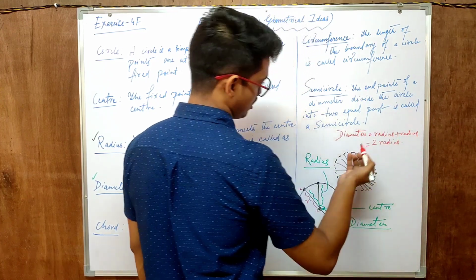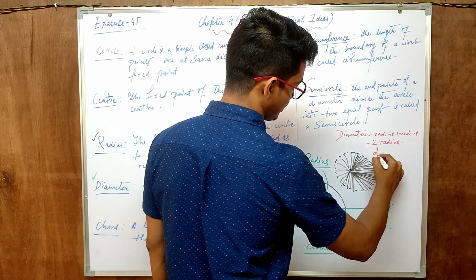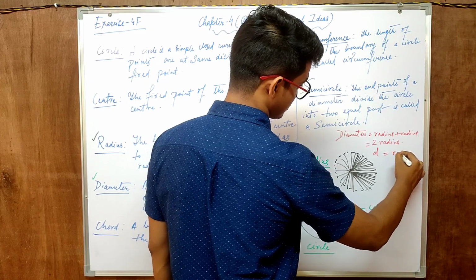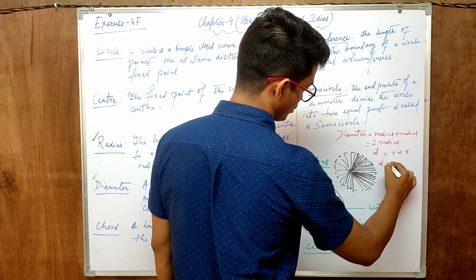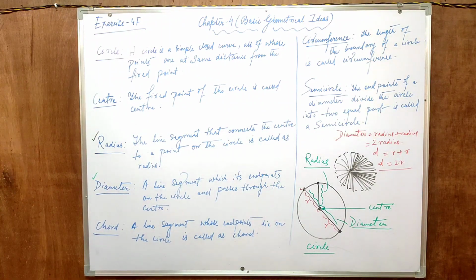Or if you take the abbreviation or symbol, let's say the diameter is represented by D and the radius is represented by R, so that means D equals 2R. Is it clear to all of you? I guess it is so. After that, the next